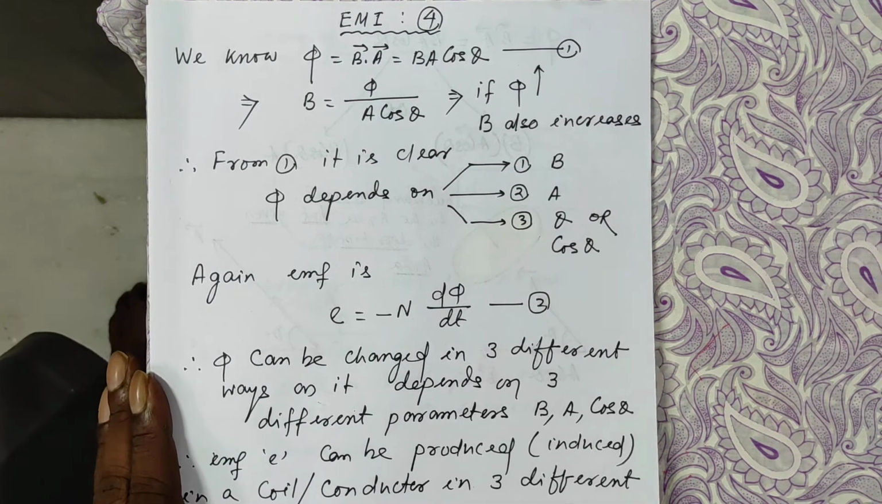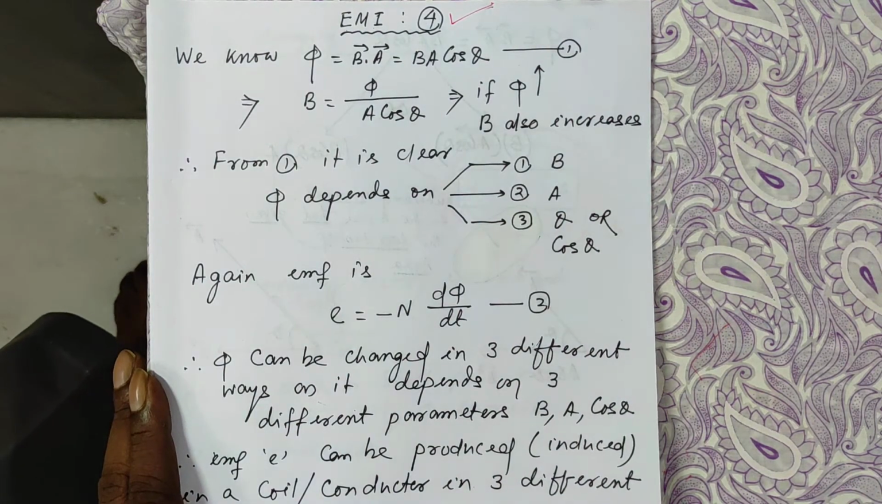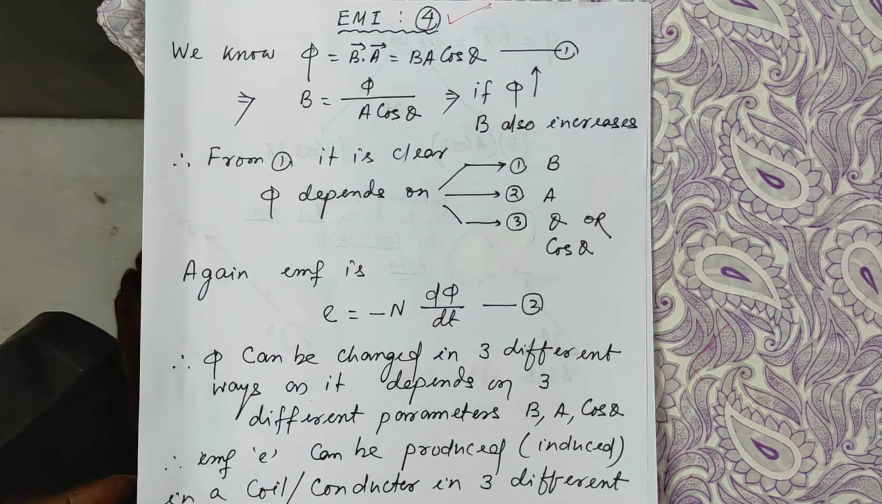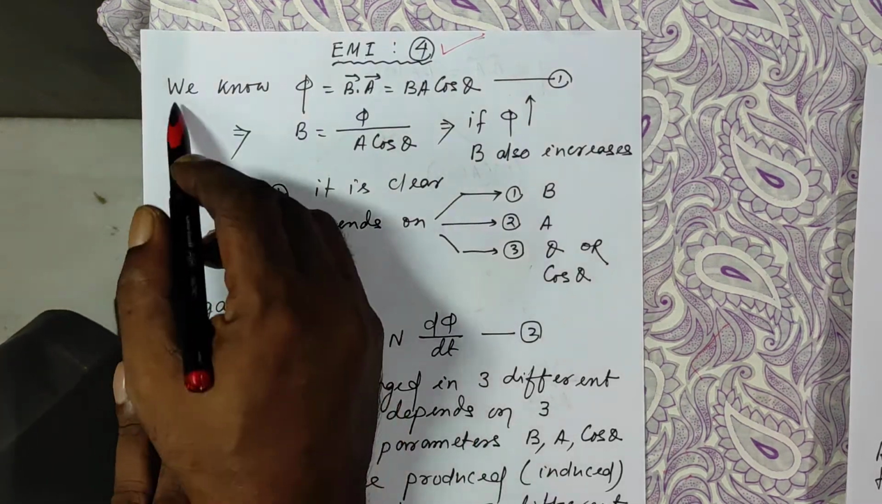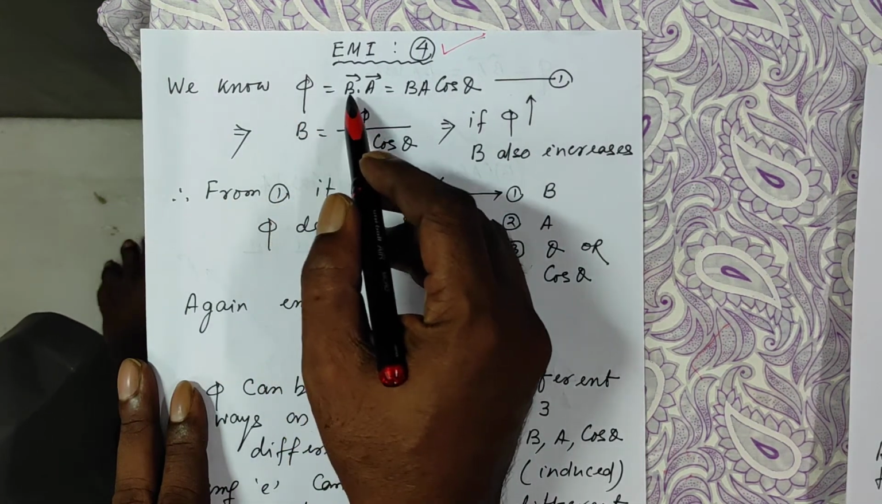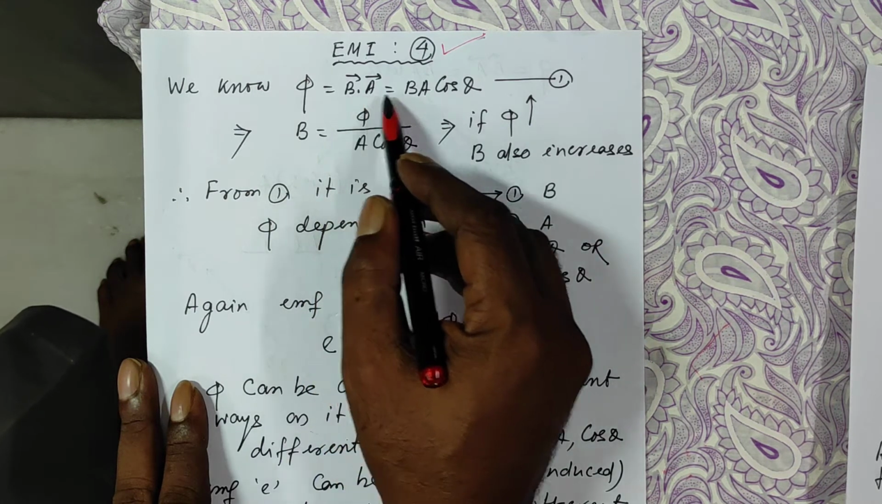Now let us go to Electromagnetic Induction lesson 4. It is a theory and very important. Now look, we know flux, symbol phi, was defined as B dot A, magnetic field and area vector, magnitude of B, magnitude of A, cos theta,